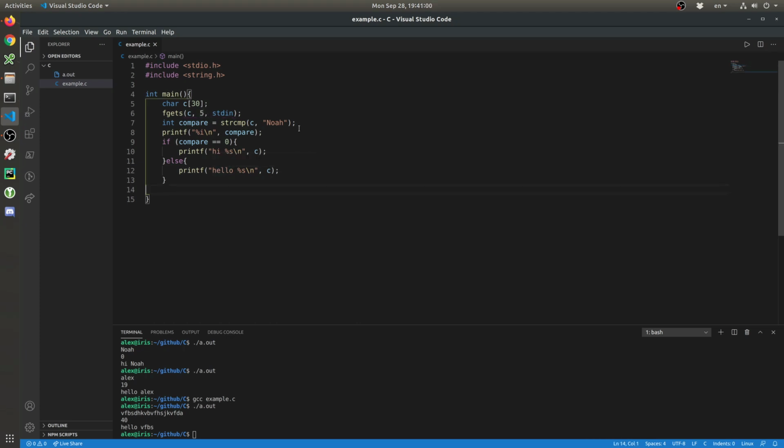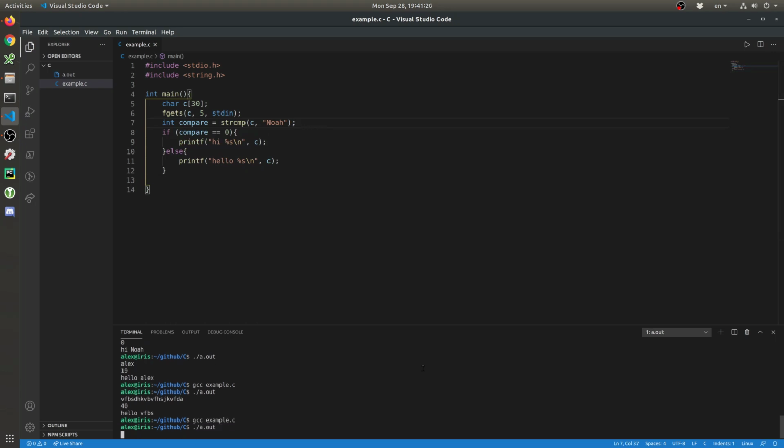So we tell it 5. Let's remember that one character is occupied by the null character, so we actually get 4, and it prints out VFBS. But I mean, the main part of the program works, so if we delete that,